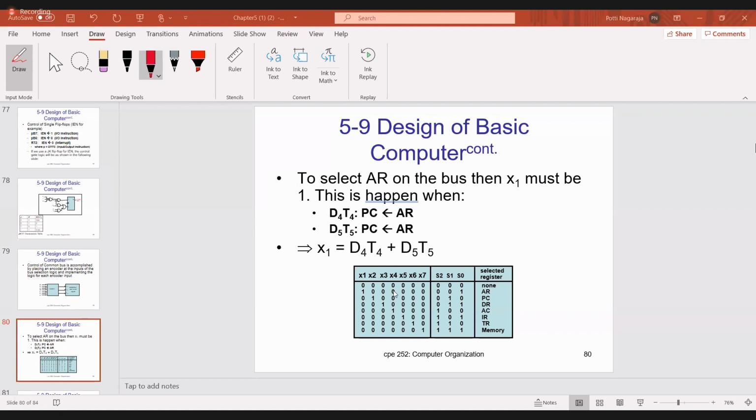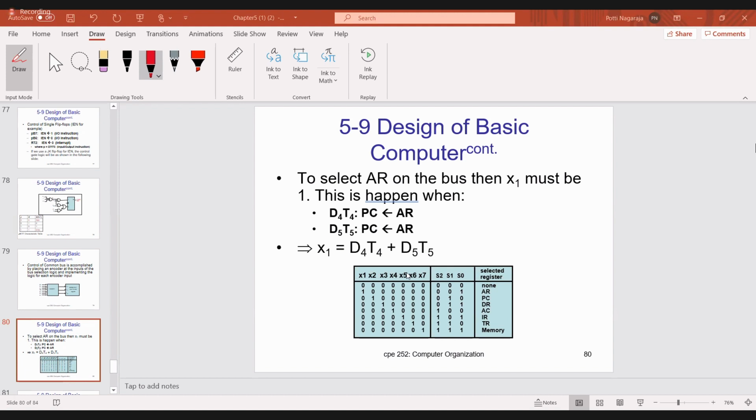When X1 is 1, I am selecting 0, 0, 1, the address register. Similarly, when X7 is 1, the selection lines are 111, and I am selecting the memory. Similarly, when X3 is 1, the selection lines are 0, 1, 1, and you are selecting the data register.